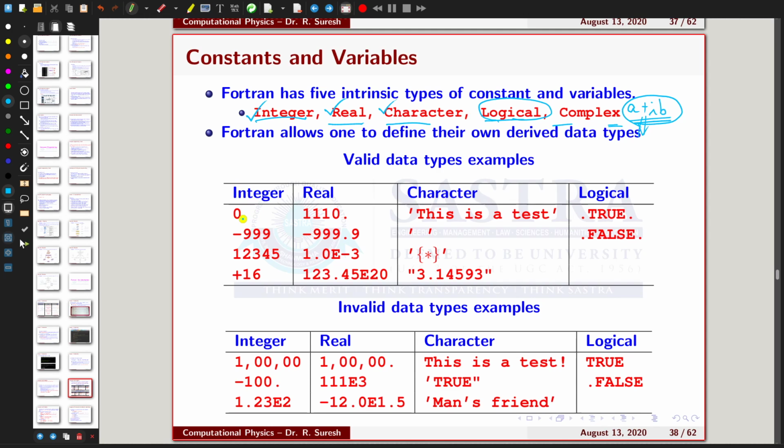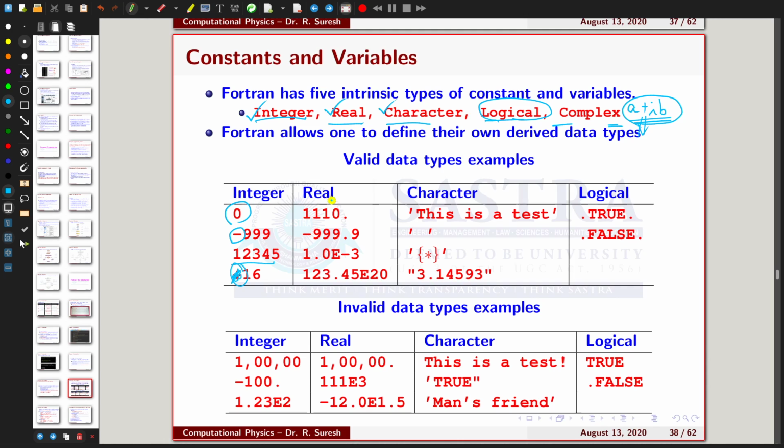Integer values should always be numbers without decimals. You are also allowed to use negative numbers. Usually we do not use the plus symbol in front, because without the symbol the number is already taken as positive. If it is negative, then you put the negative symbol in front of the number.